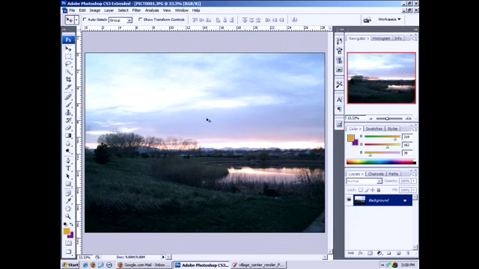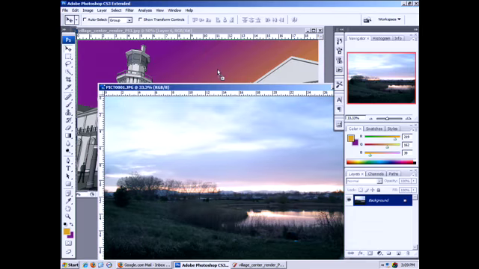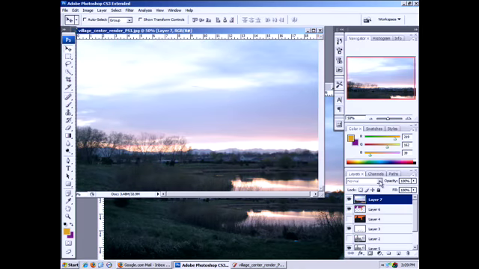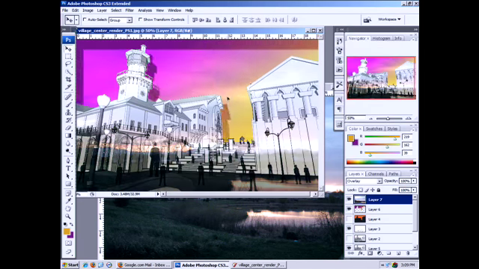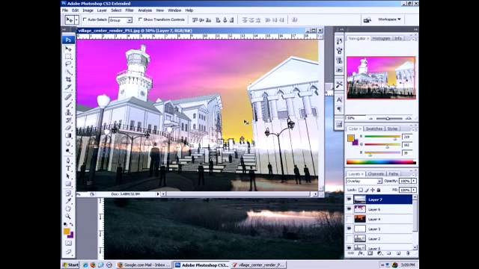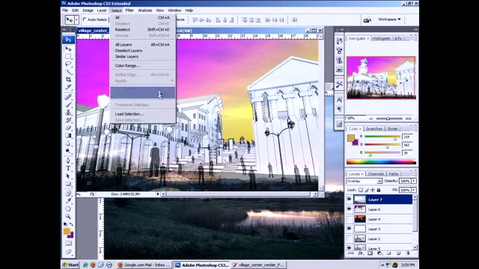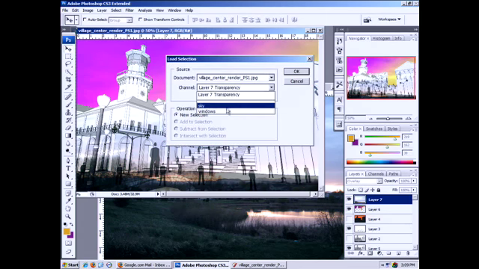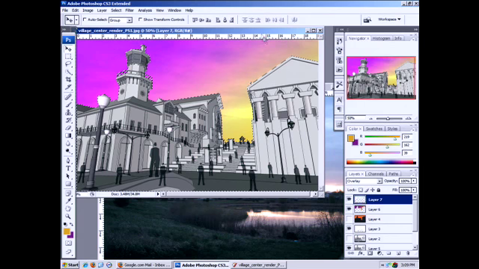Now this sunset itself may not work for us, but we can bring it in, change it to a different display mode, play around with these, and I still have that selection selected, so I'm going to deselect, change this so it looks like we like, but then load that selection sky. I'm actually going to invert it and then hit delete and delete out the image that we don't need. So